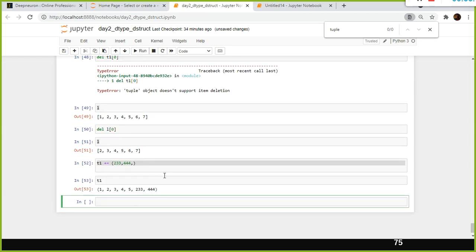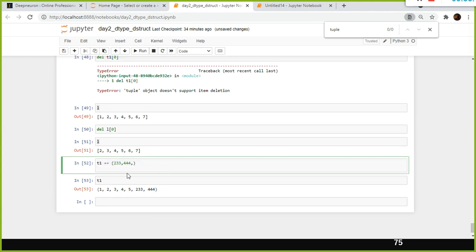Look here, you can insert the value in a tuple, but you need to specify a comma at the end of this one, inside the parenthesis.